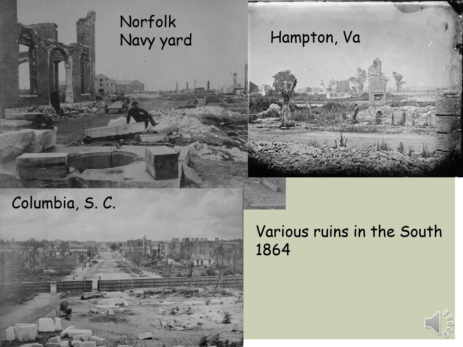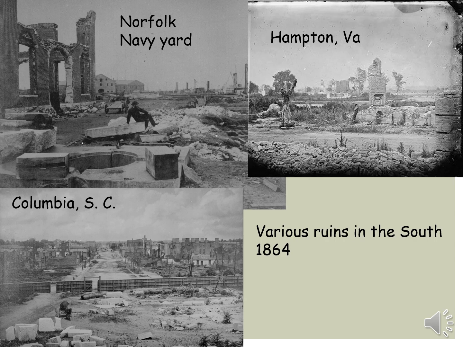Going down one, let's take a look at Columbia, South Carolina. Now, Columbia, South Carolina was then the capital of South Carolina. And inside the fence that you see there, kind of going across the picture, inside that, where the photograph is actually being taken, that is the actual Capitol building. In the foreground, all these stones, marble. You know, Columbia, South Carolina had been a state capital since the Revolution. So the Capitol building had been pretty much built already. You know, it was nearly 70 years before. But now here are all these stones in the foreground that have been pulled down, and the Capitol building has been burned.